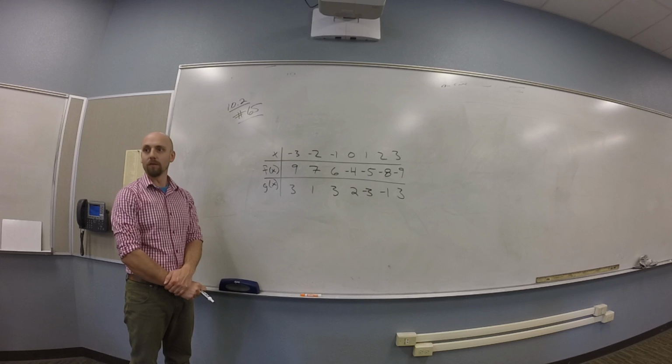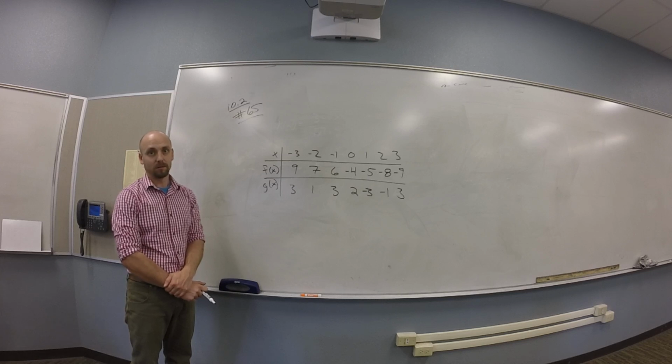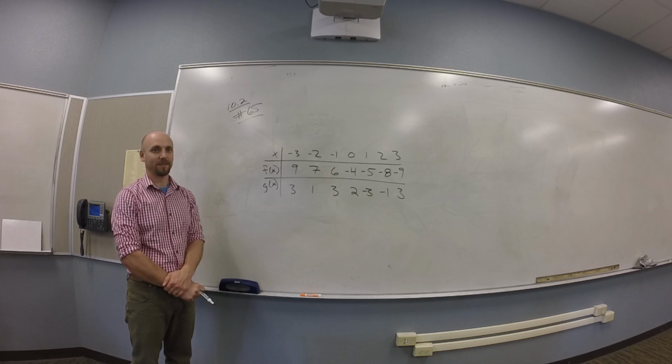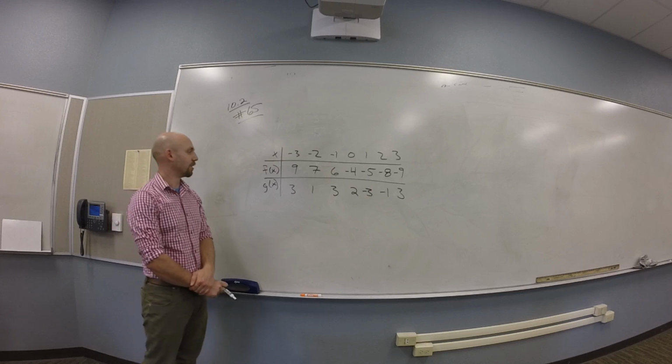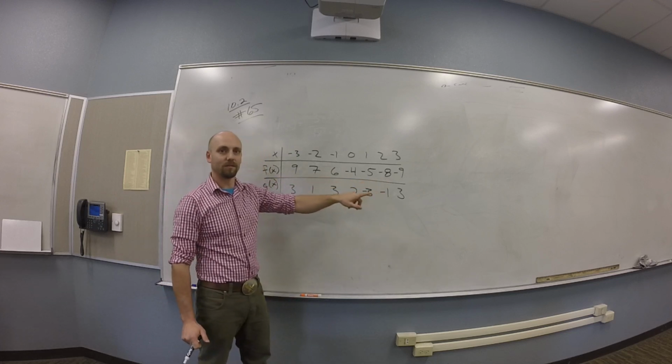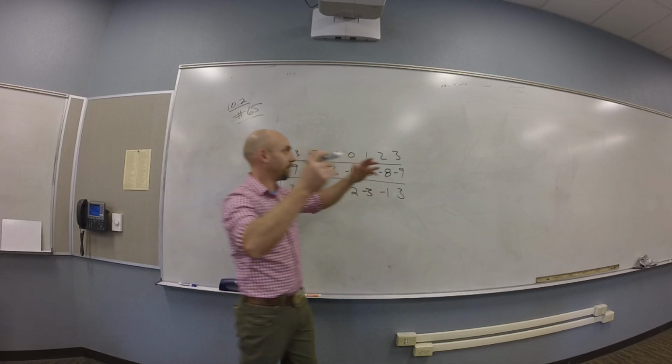So you should be looking for the horizontal line test, right? The horizontal line test is really asking, are there two y's for different x's? No, that's the vertical line test. What's the horizontal line test? Are there two x's for the same y? Are there two x's that give you the same y? So, are there two y's that are the same in this list? I don't see two y's. No. So, f is